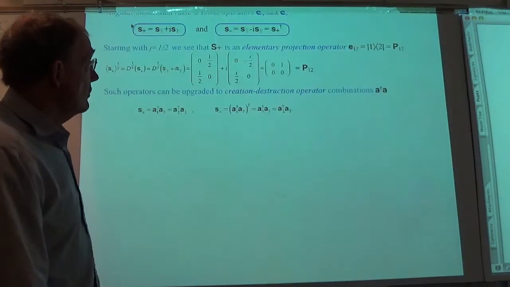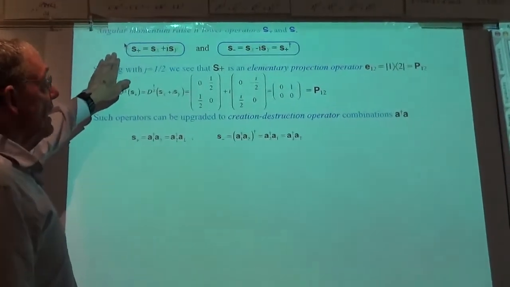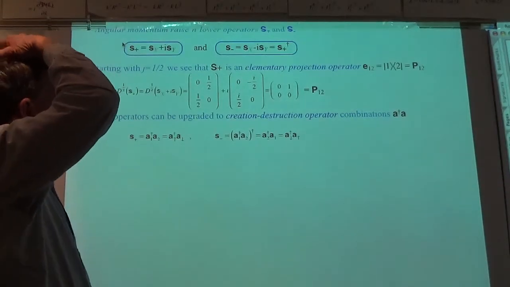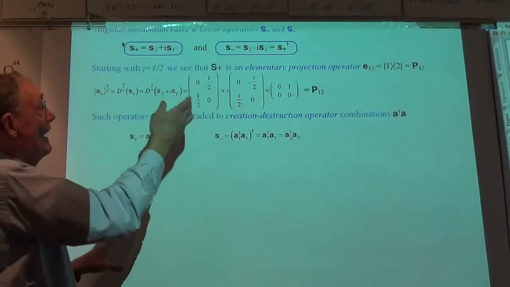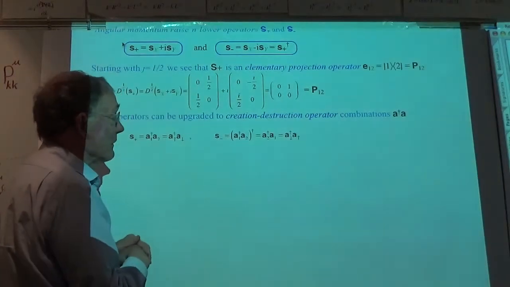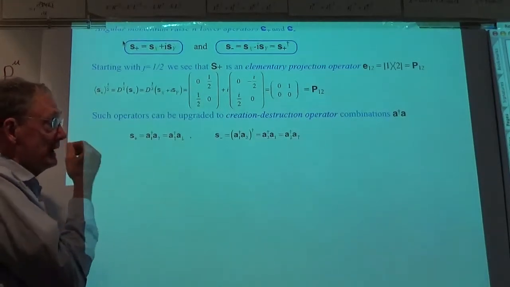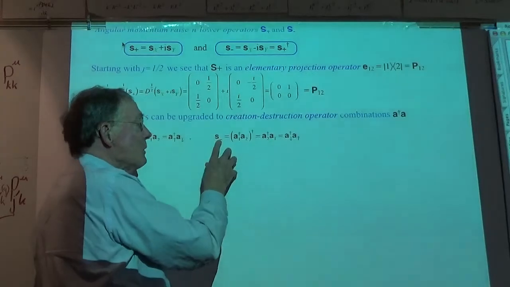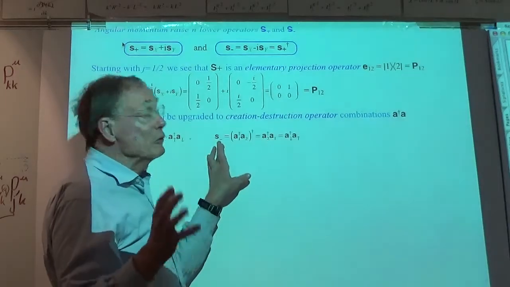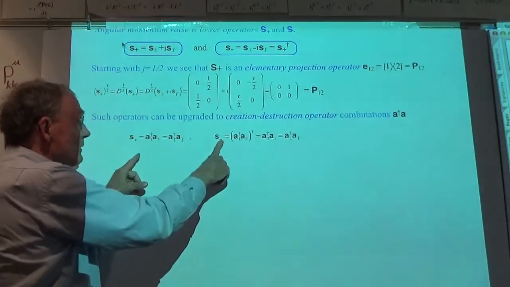Okay, so let's look at those operators in detail. The raising and lowering operators, which are just sort of pulled out of thin air in any treatment of angular momentum, and I'm doing that right here, but I'm trying to make a connection with the creation and destruction operators, and that connection is right here. It's really very simple. We kind of saw this already. If there's an operator that raises one whole quantum of angular momentum, then the way the A daggers and A are going to have to do it is halvesies. In order to lower the angular momentum by 1 or raise it by 1,